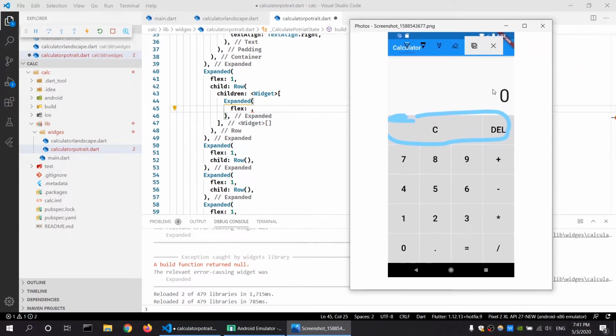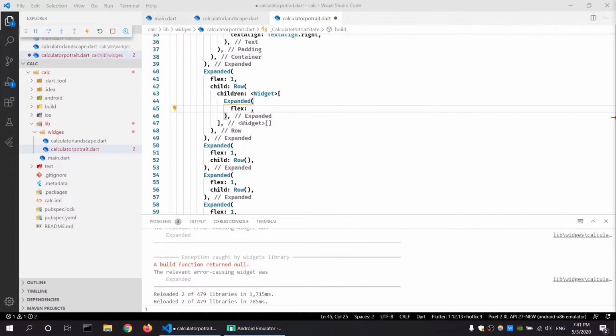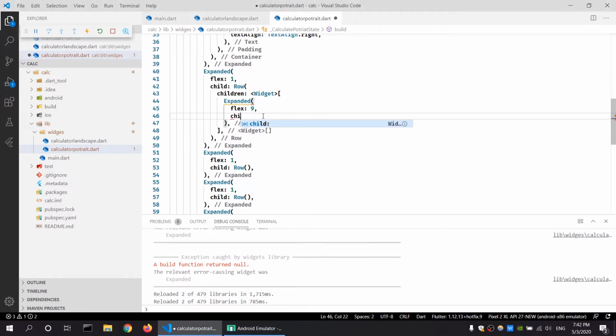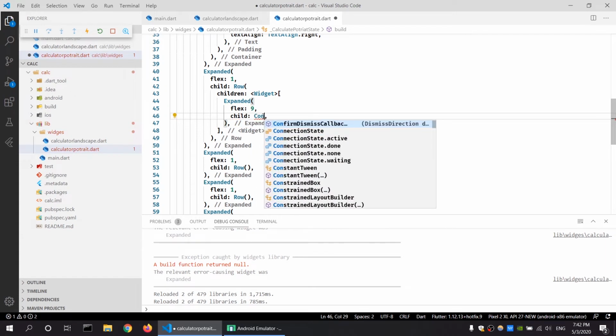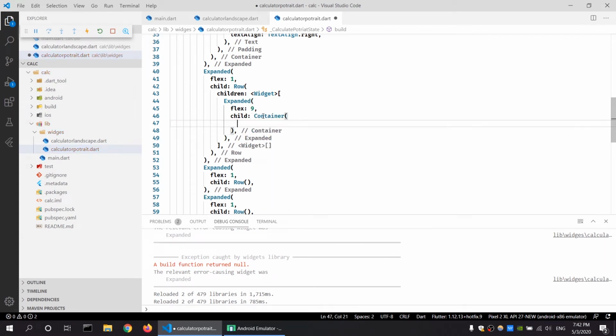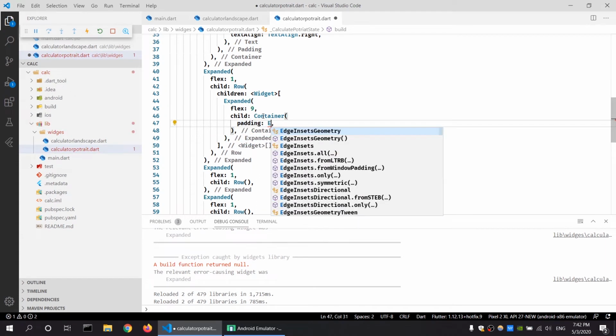In this case, since the button is larger than the second one, it will take a different flex value. Let's say 9. That means that it will take almost 80% of the row area, and then the rest will be occupied by the other widget. So I'm going to give it a flex value 9, and this will be a child of a container, and this container will have a padding of